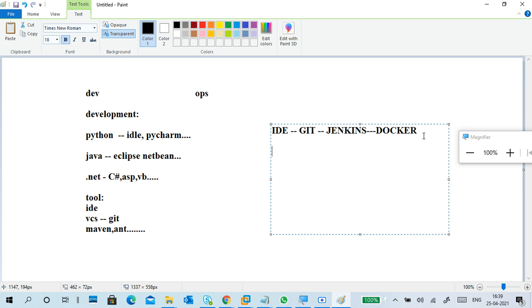Git and GitHub, maybe they charge for enterprise level, but for normal student-level learning purposes, they won't charge anything. Jenkins, you don't need to pay, just download and use. Docker, you don't need to pay, just download and install it. Sometimes Docker needs a registration, but generally it is not required. So we are understanding different tools and all.